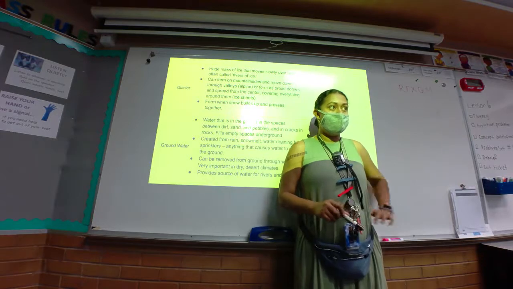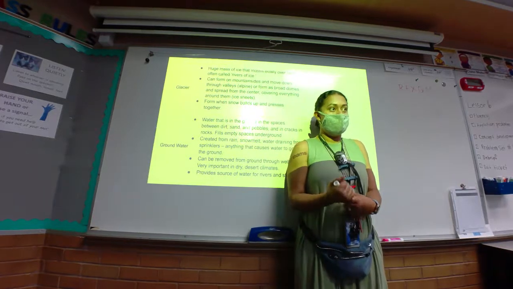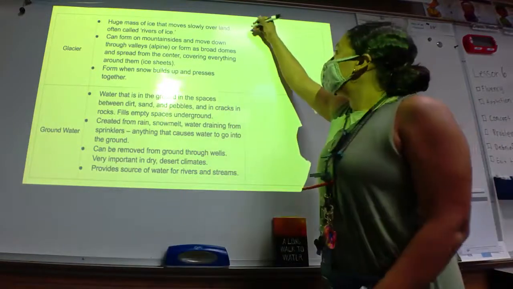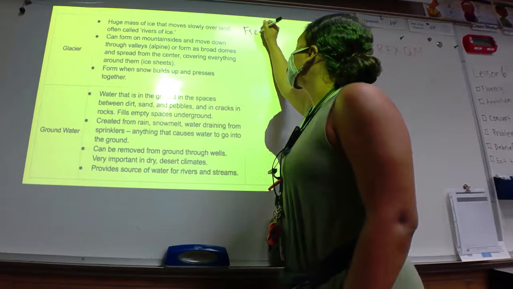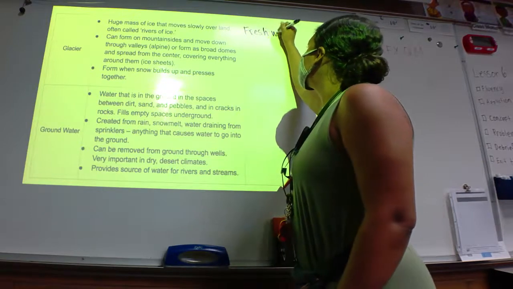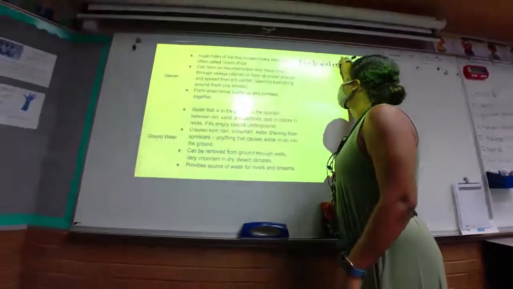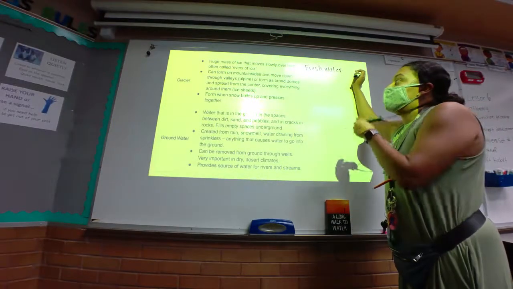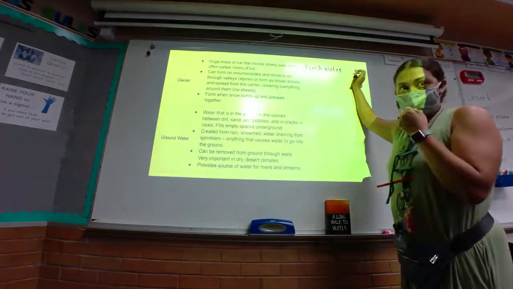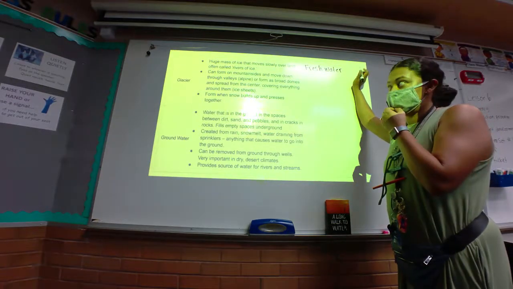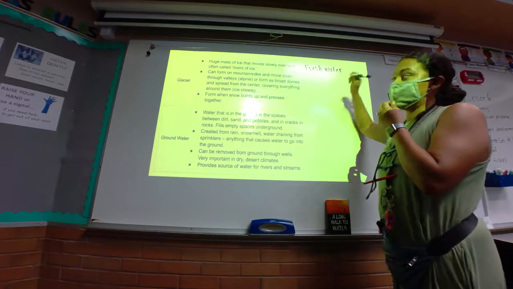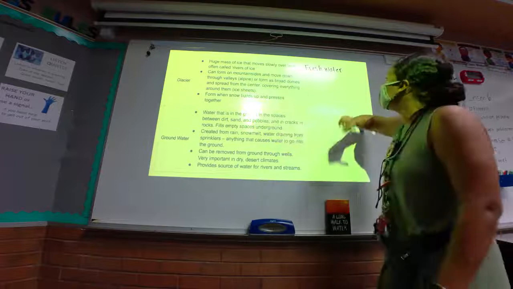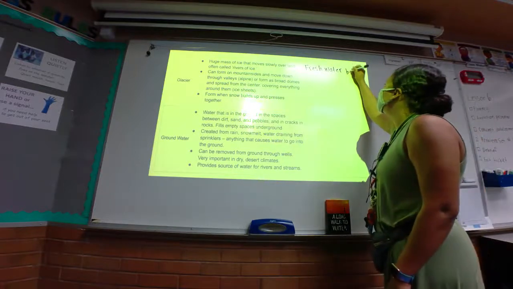Fresh water. Raise your hand, Mohammed. Fresh water, why fresh water? Because it said it's ice that moves slowly over land. It's often called river of ice. So it's from rivers, and ice sheets, and snow, and these are freshwater things too. Okay, so freshwater because